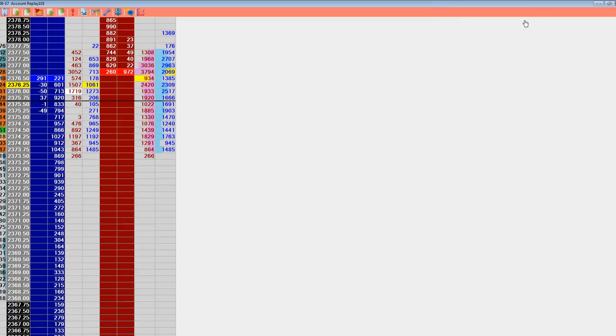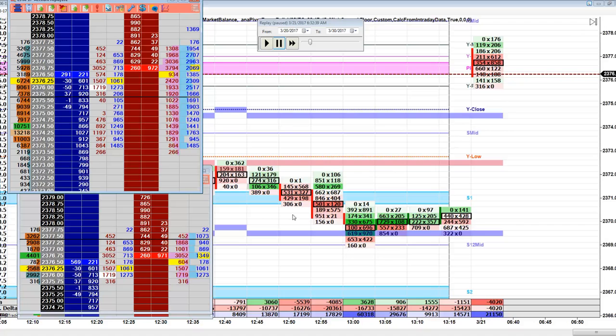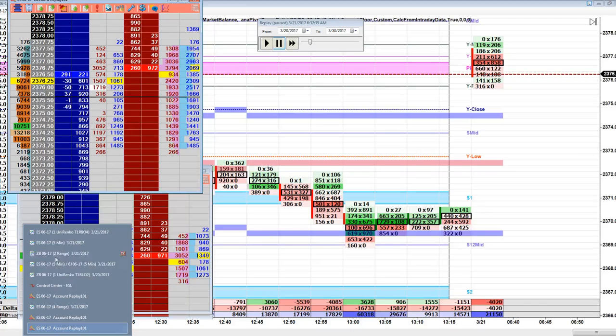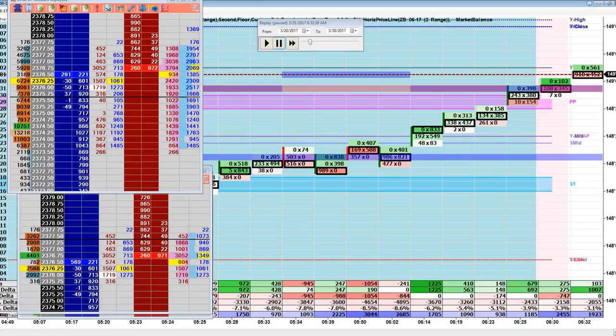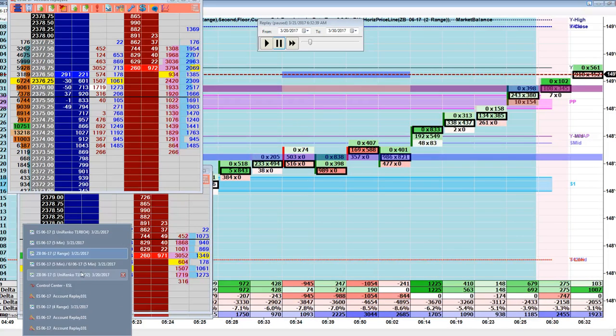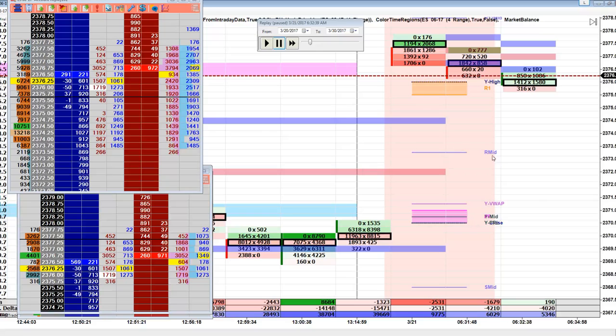Oh, that's a 5 minute. We don't really need a 5 minute chart. Okay, so we're back here on the four range chart of the ES,